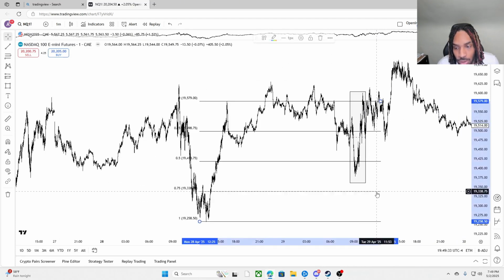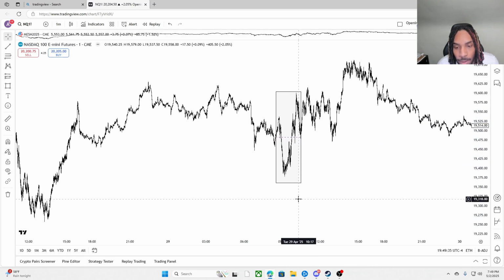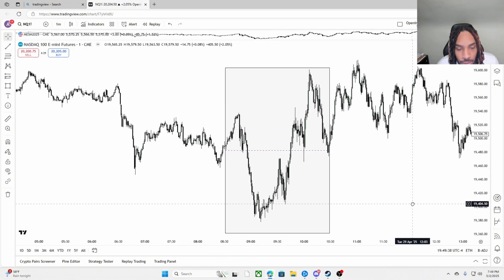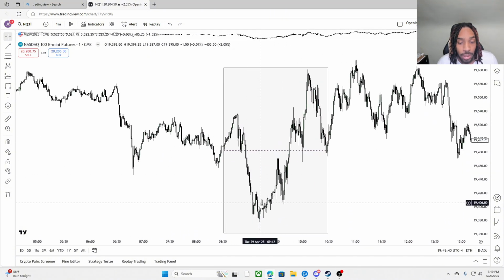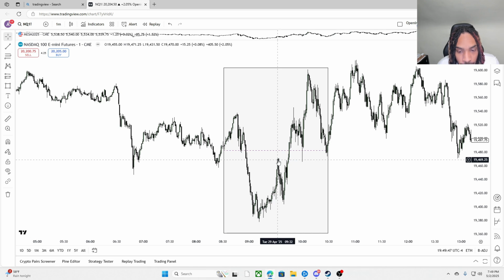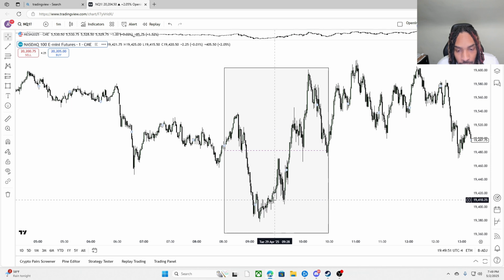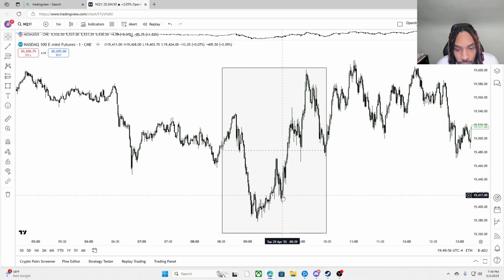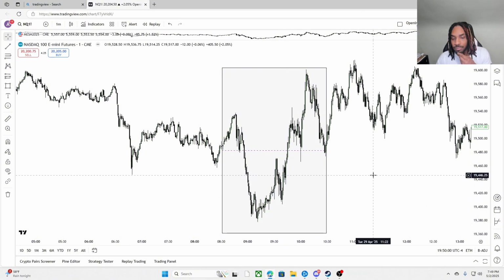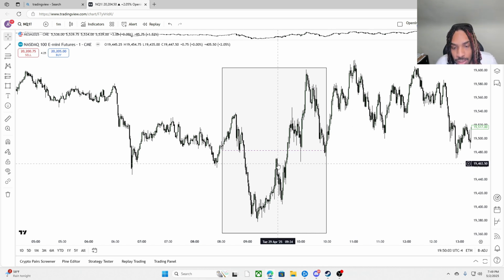After you see this manipulation coming down here, I have a bullish bias at 9:15, we have a run higher, and then at 9:30 we have a run lower, taking out these lows, taking out a short-term low, and then we have a nice displacement candle going higher. All of this price action here happened before 9:30.